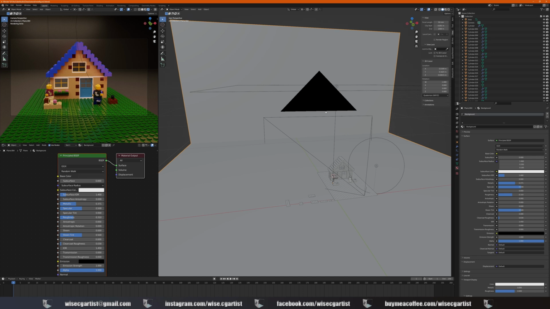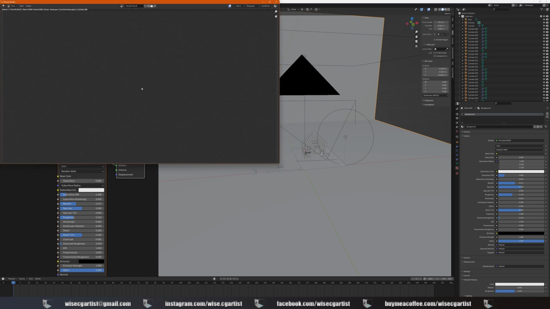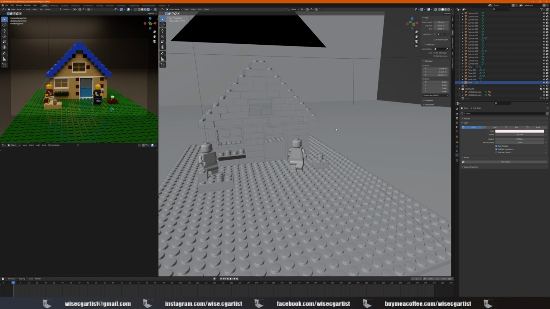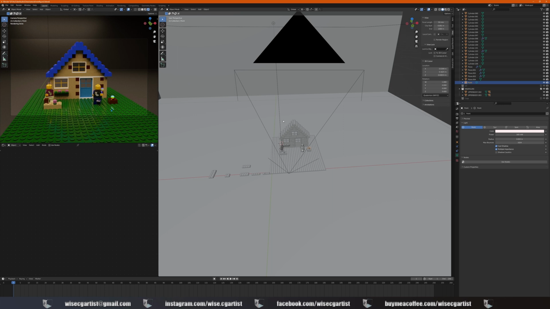You can press Ctrl S to save that scene first, and hit render image to have a look how the render looks like. Make some adjustments after. As you see, it looks pretty decent. Okay, and we can do something like this with the lights, but what I'd like to do, I'm gonna use